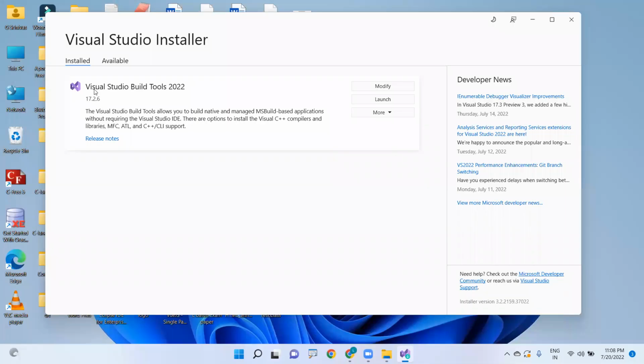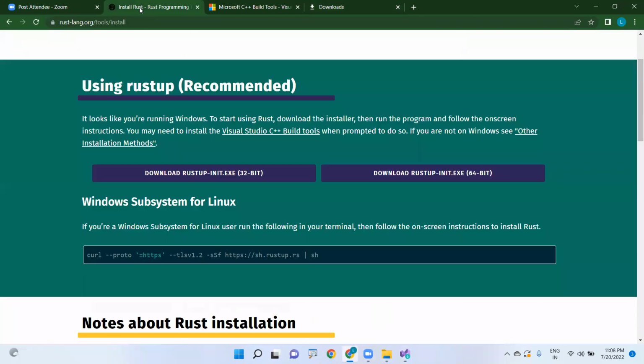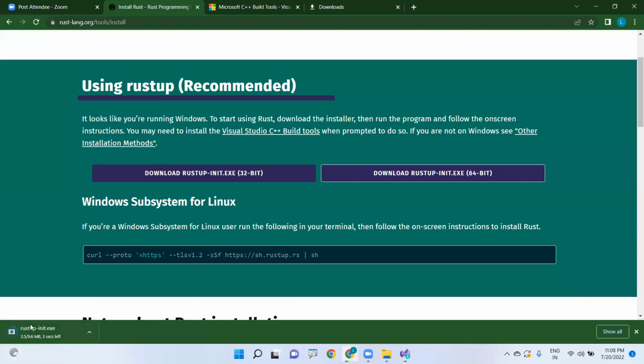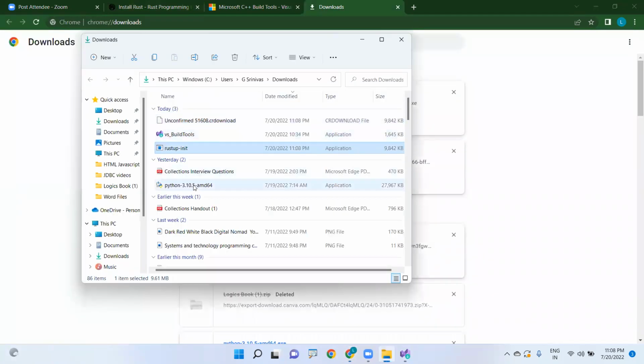Once the download has been completed, we go back to the installation process. Now you can download the 32-bit or 64-bit version, because you have completed the Visual Studio C++ build tools. Download based on the bit type of your computer. Mine is 64-bit. When we click on this, the download starts automatically. You can see the exe file in the folder, and you can double click on that, then the installation will start in